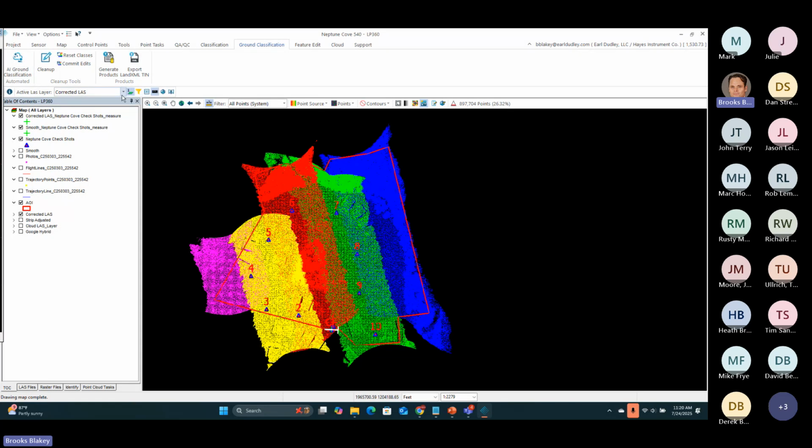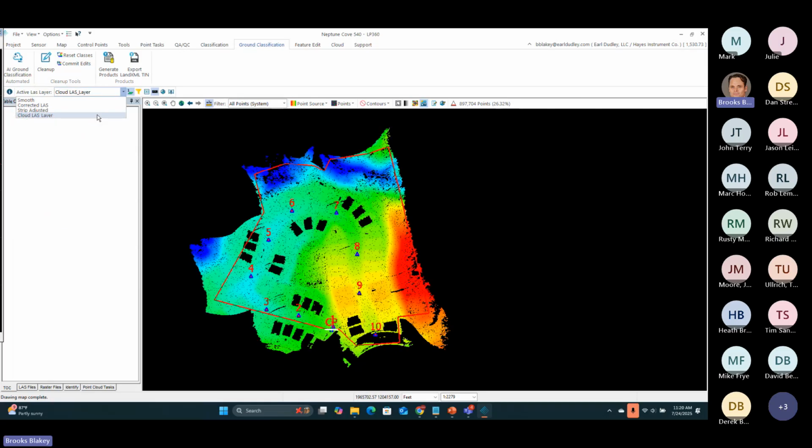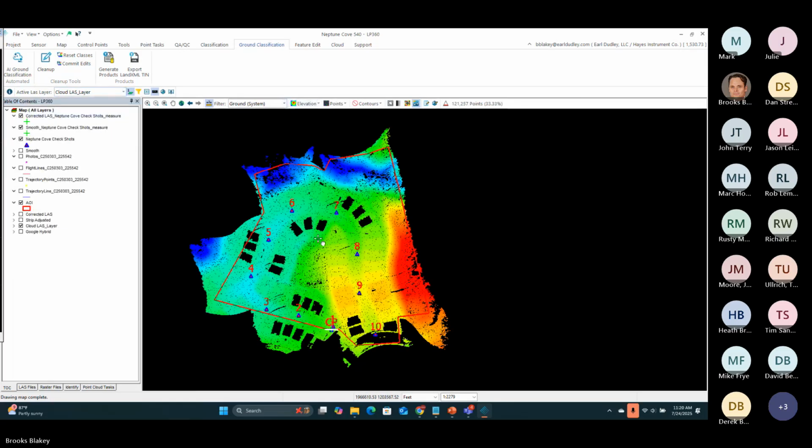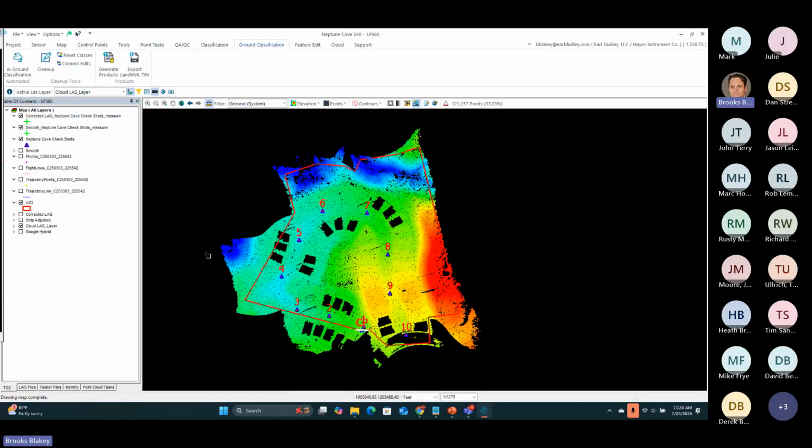Like I said, in preparation for this, I went ahead and processed it and downloaded it. And here is the actual AI classification. And I'm actually streaming this from our cloud drive. And if you're not familiar with that, when we have a point cloud that's actually in the cloud, you don't actually have to download that point cloud to view it. You can just stream it,